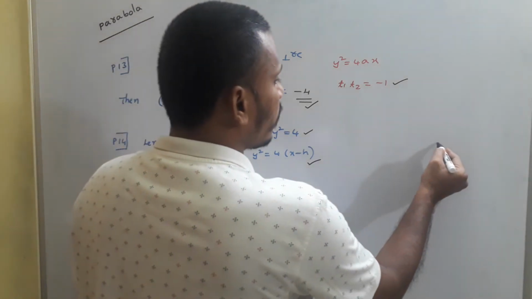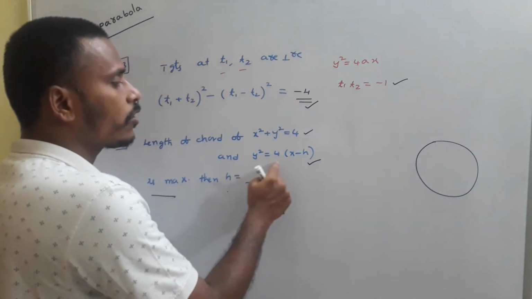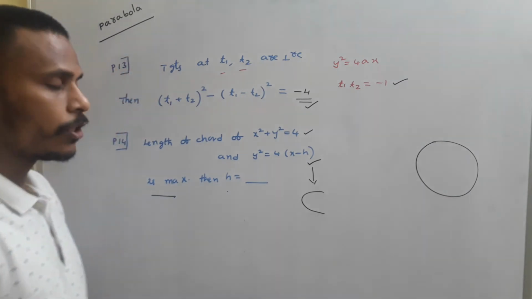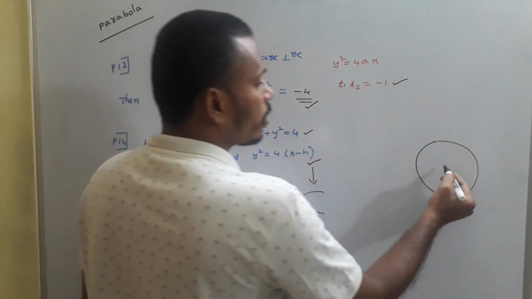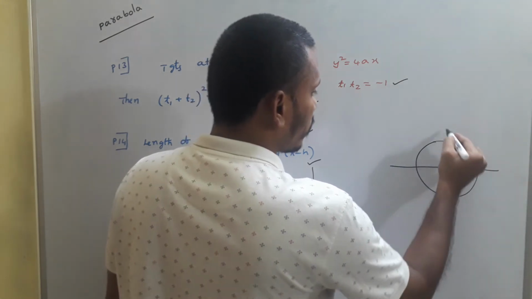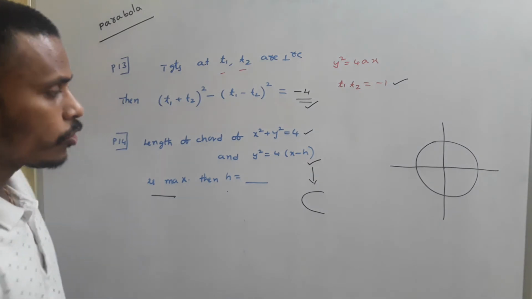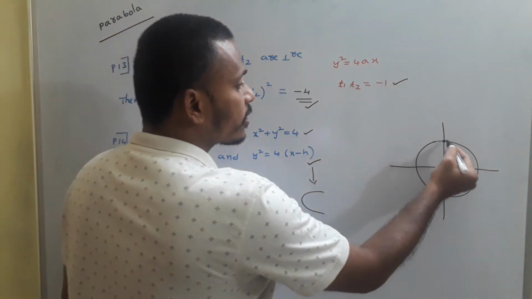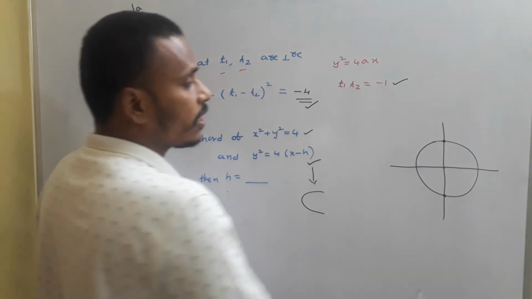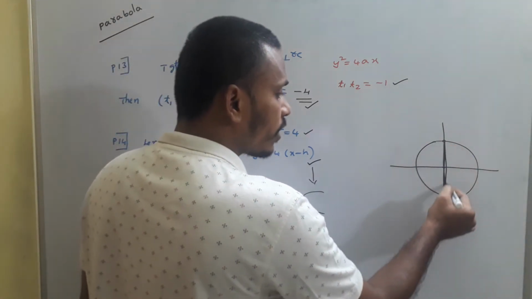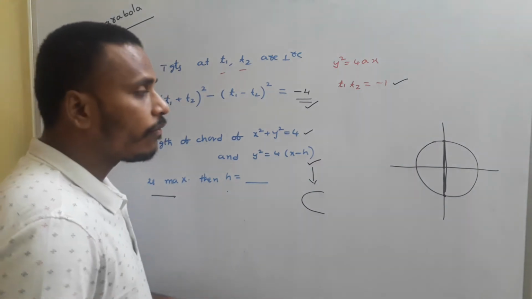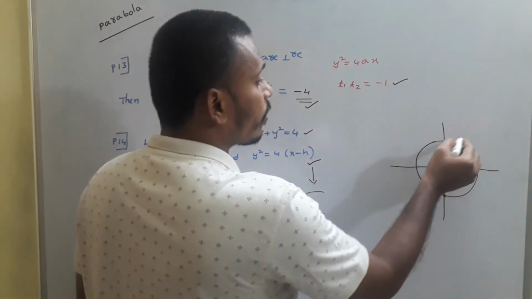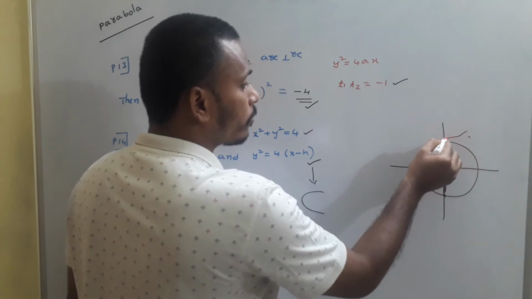Okay, so usually if we take the circle, and one more thing, y square is equal to 4 into x minus h is a parabola that opens in the x direction. So the general shape of this parabola is a rightward parabola. With that idea, next, x square plus y square is equal to 4, whose center is 0, 0 and radius is 2. Now, since we need to form the largest chord with the parabola of this shape and the circle, the general idea is that the largest chord of a circle is the diameter, and specifically we are selecting this diameter. So the parabola will pass through this largest chord of the circle, whose diameter also acts as a diameter for the parabola. That means the parabola will pass through these points.